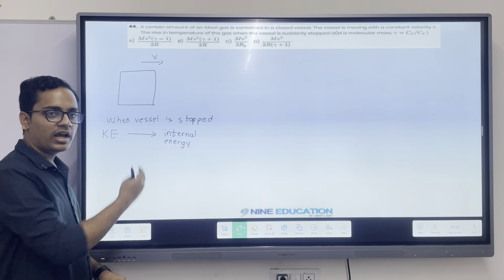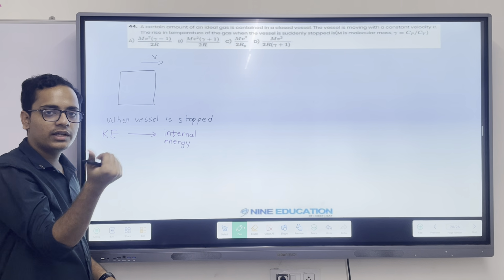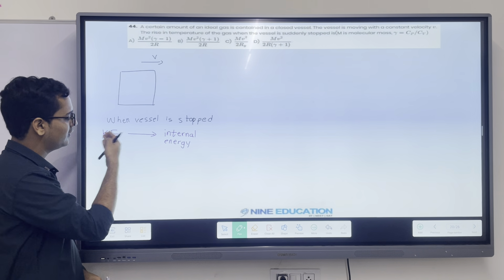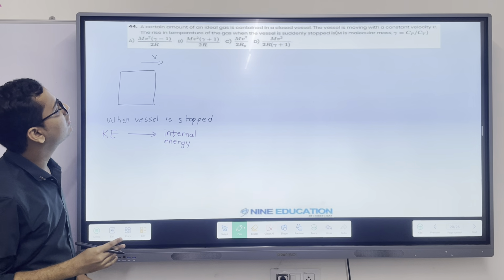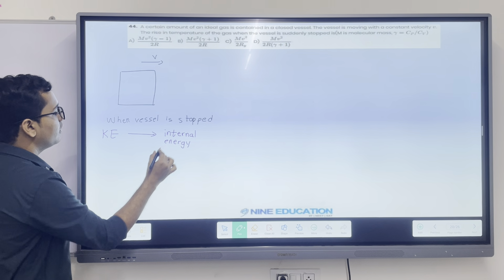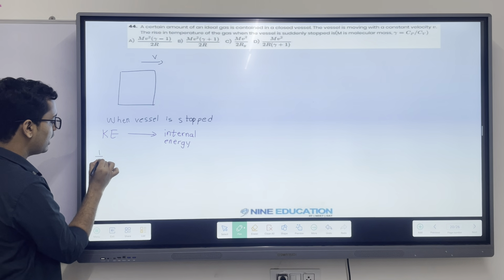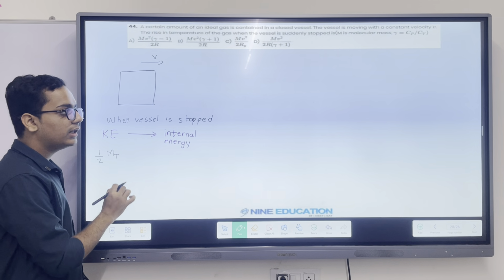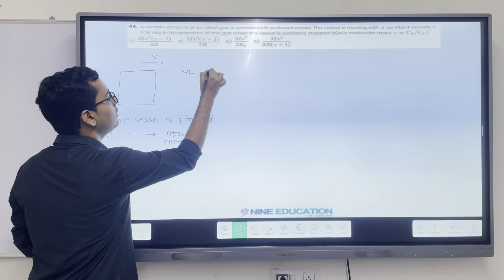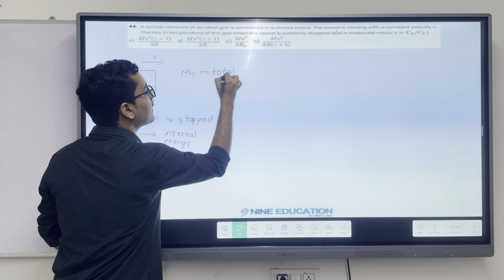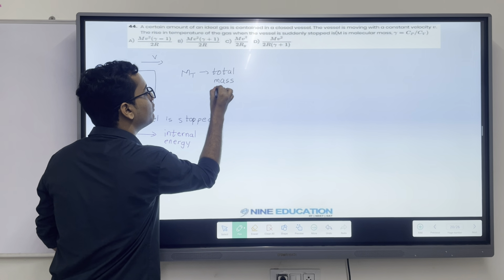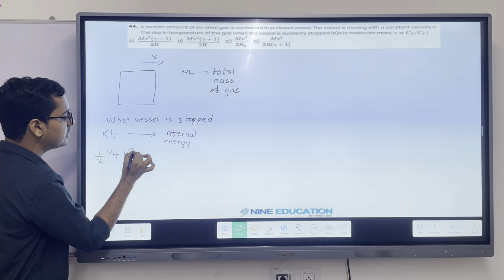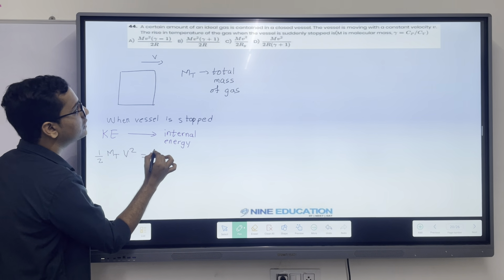Work done is zero. As the volume is not changing, internal energy and heat both of them are the same. So you can see the kinetic energy is converted into internal energy. You can write kinetic energy as half of Mt into V square. This Mt is the total mass of the gas in the vessel. That should be equal to